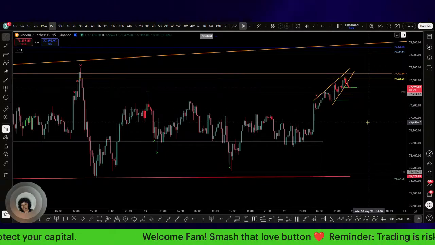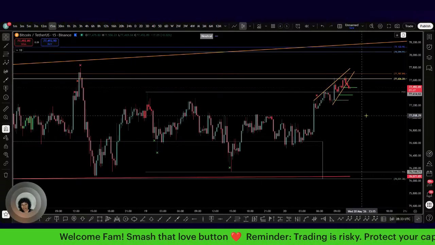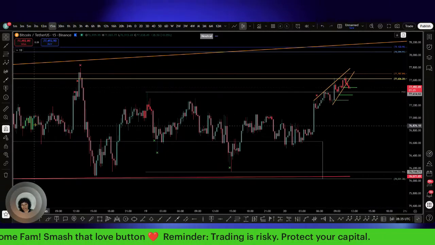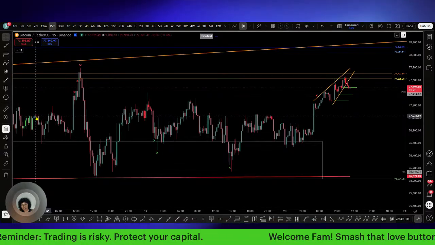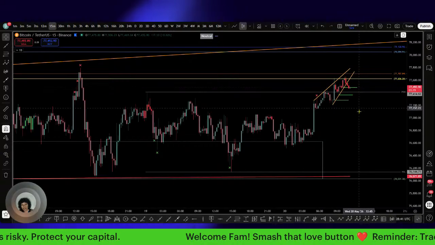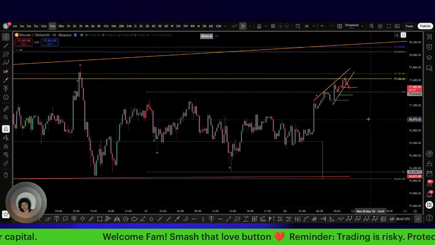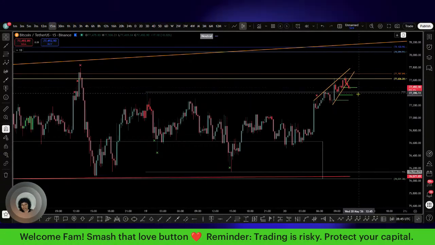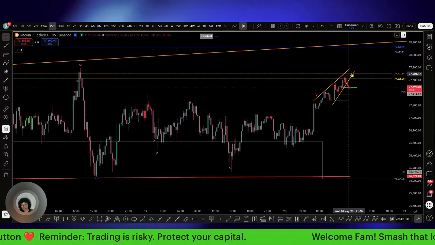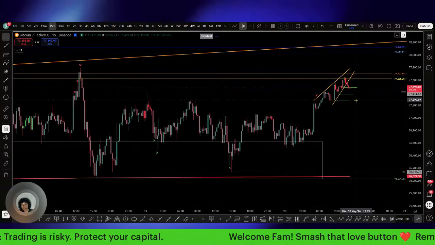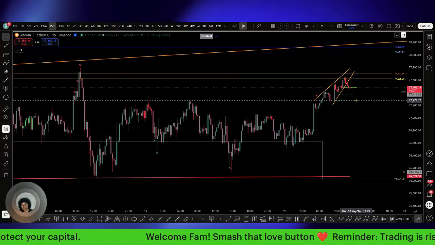Like I said, I can't tell you how much it's going to give. It could give absolutely nothing. Like over here, it gave nothing. It doesn't guarantee it's going to give you a lot just because it's there. It could end up being a nothing burger. It's there though. This rising wedge. It's just there.